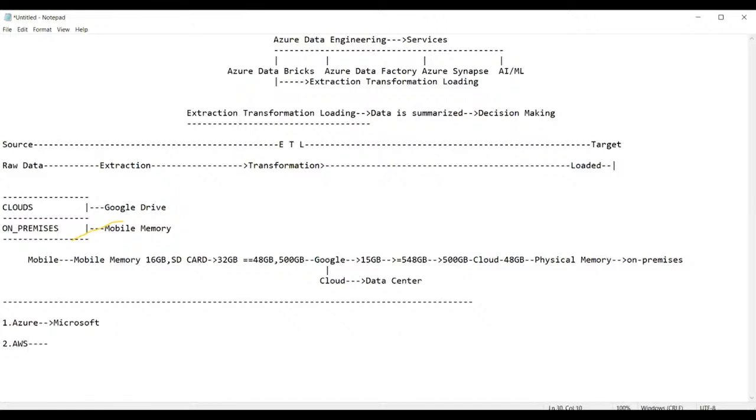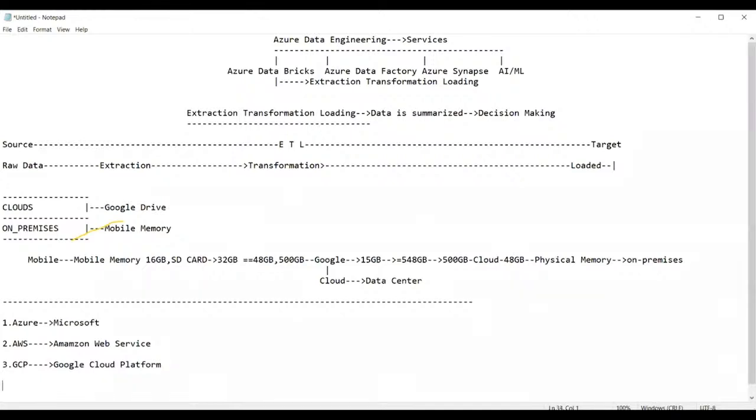AWS is from Amazon Web Service. And the third one is Google's GCP, which stands for Google Cloud Platform. Okay, guys, Google Cloud Platform.